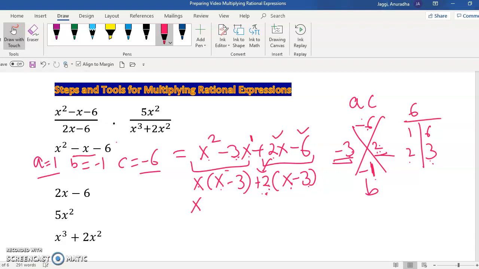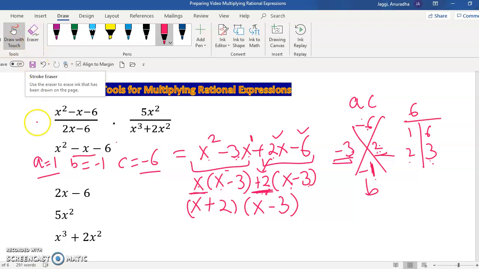So I'm going to write down the two factors, x plus 2 and x minus 3. Okay, so that is how I have factored out x squared minus x minus 6. So I'm just going to create some room here. I will write down